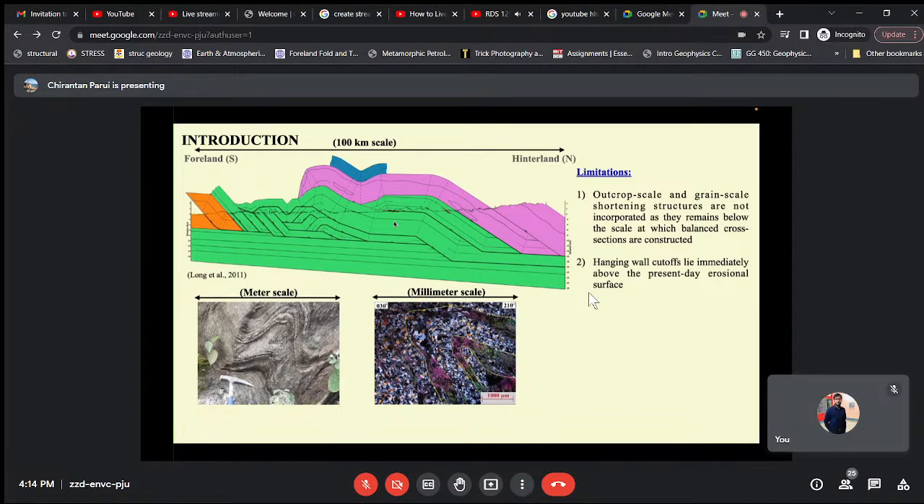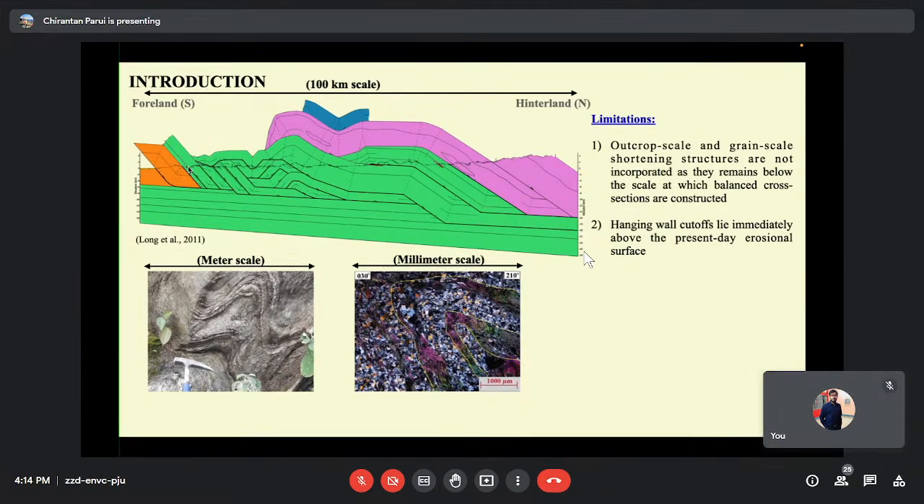Another limitation is that the hanging wall cutoffs are assumed to lie at the